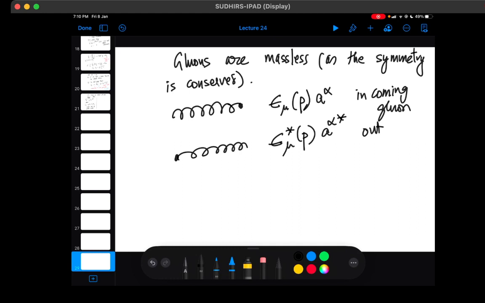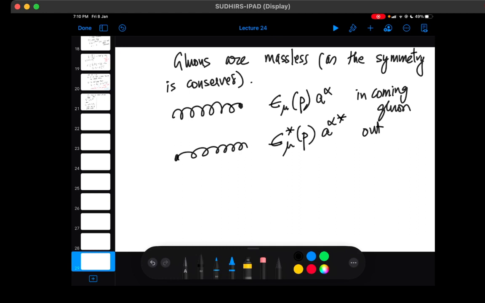Then we have vertices which are more complicated,